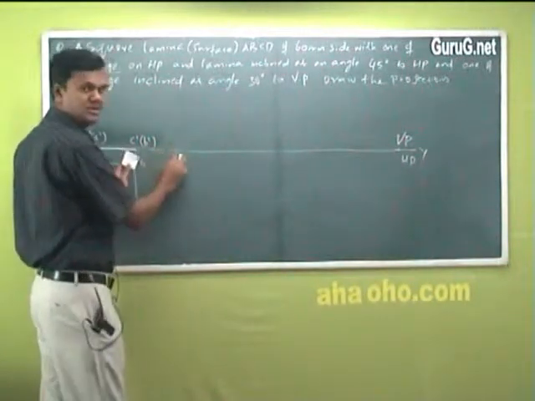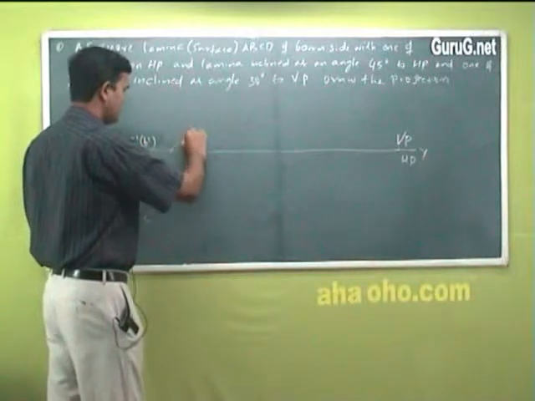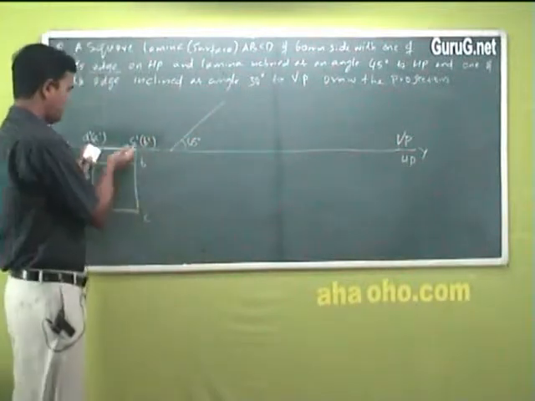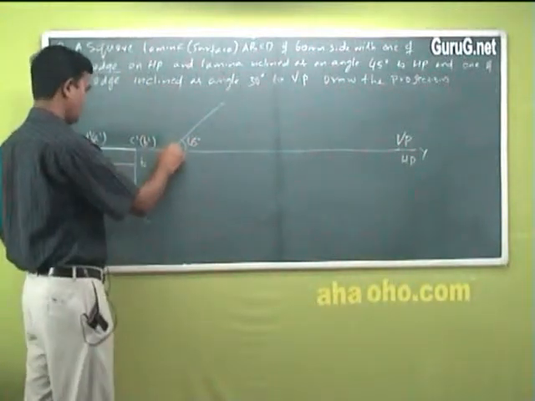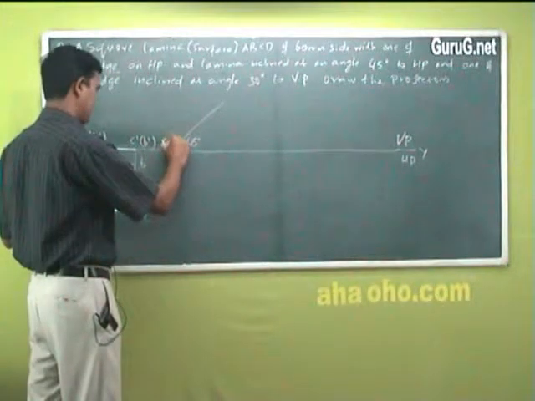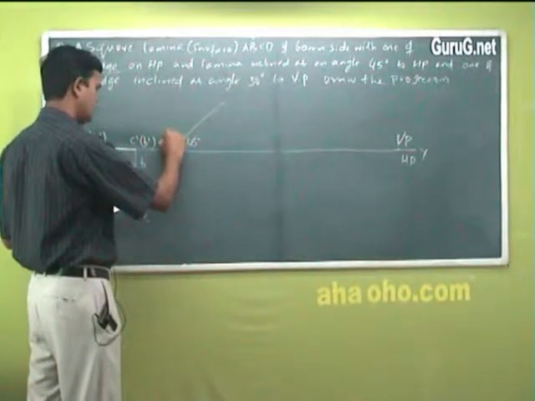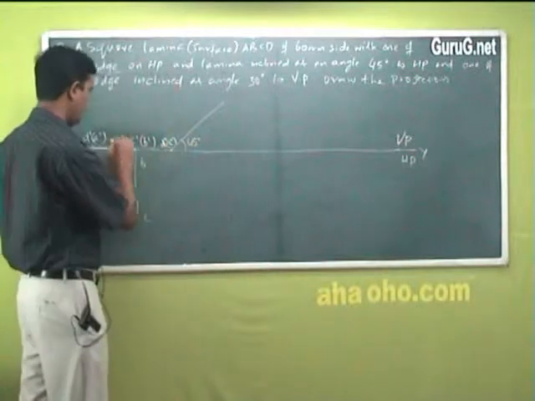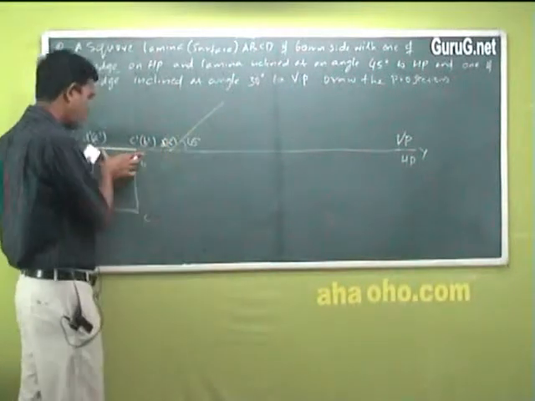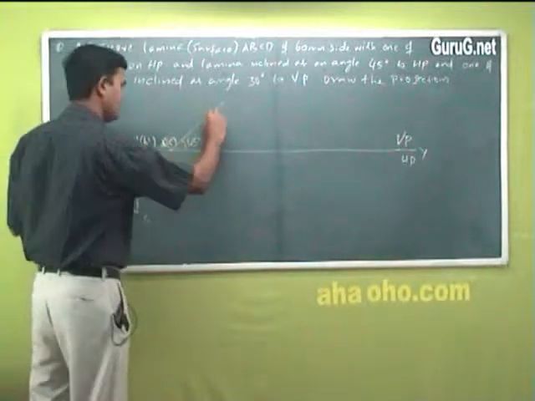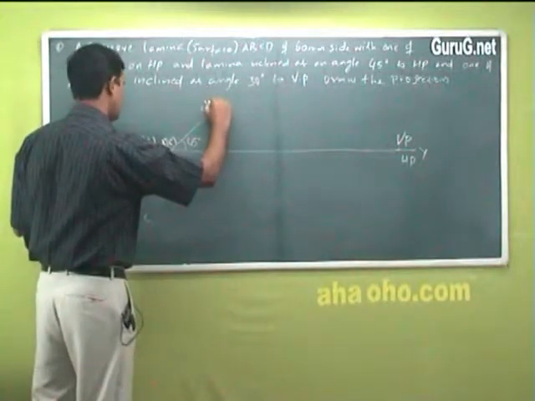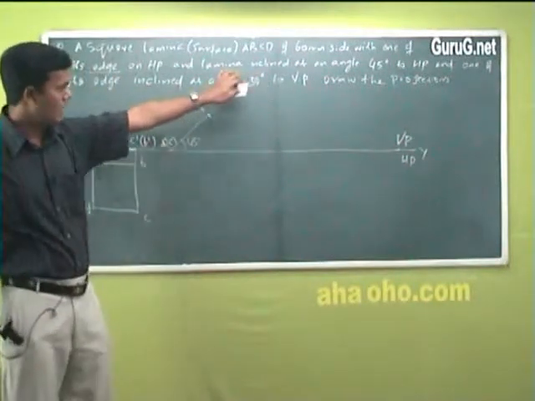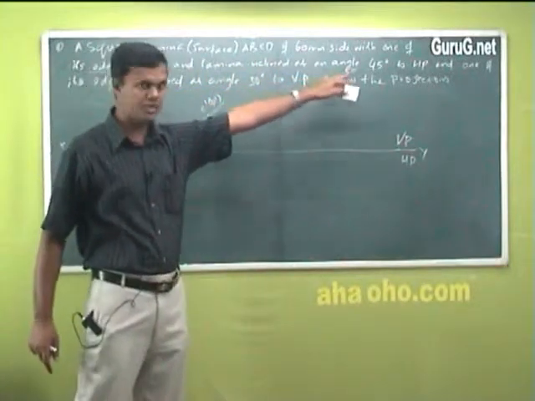Now what will I do? See, I can take any random distance from here and just take it like this. I have taken angle 45 degree and just lifting this. So what will I have? This point comes here. It is D dash and A dash. I will write double dash, for your convenience. D dash, A double dash, and here it will be C dash. Same, whatever the length, it will be 60 millimeter. The same thing you should take care. With your compass, you can cut and you write C dash and B dash. That's it. You are shifting it to the 45 degree. The first condition, the lamina inclined at an angle of 45 degree to HP, is satisfied.